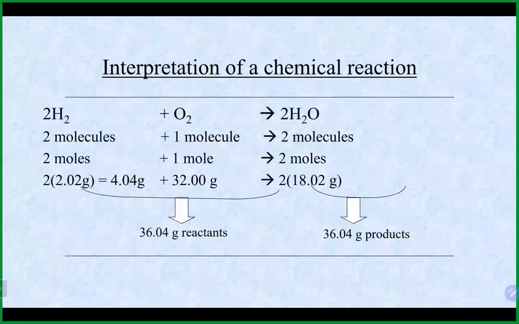One really important relationship that we will use in this chapter, and I think you saw the slide in an earlier chapter, maybe when we were talking about balancing equations. Looking at a balanced equation, it gives us some information about both the reactants and the products. We can use a very simple relationship from the balanced equation, which is the coefficients. We could say that 2 molecules of H2 react with 1 molecule of O2 to form 2